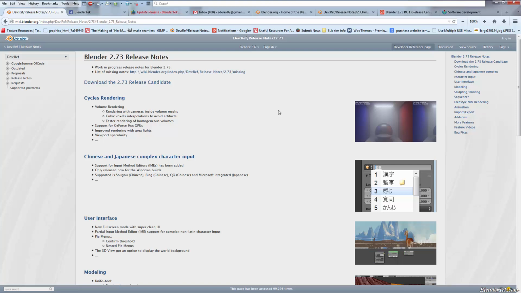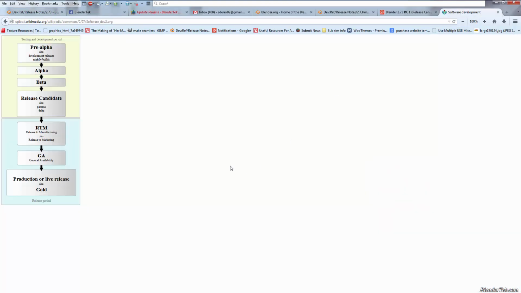So if you don't know what an RC is, a release candidate, there's this good graph here. Basically, you have a pre-alpha, which is kind of like you're planning the program. You've got the basic stuff down. It's very buggy. It crashes a lot. Then you've got an alpha, which is software that runs. It's usable. Then you've got a beta, and that's kind of what our daily builds have been lately, and that's very usable software. It rarely crashes. There's few bugs. Most of the features are implemented, and you're happy enough you'd like to put your name on it and put it out to the public. But then you have a release candidate right here, which is aka gamma or delta if you go in the alpha, beta,